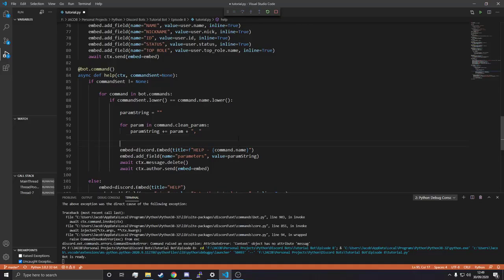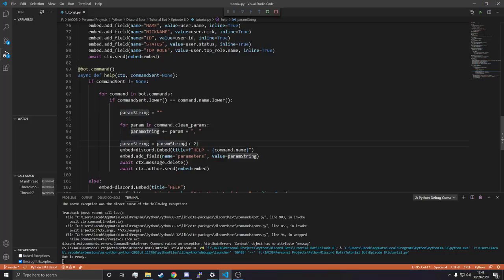So to fix that issue, what we are going to do is param string equals param string -2, like that actually. And what this will essentially do is it will remove the last 2 characters of the string, because if we,